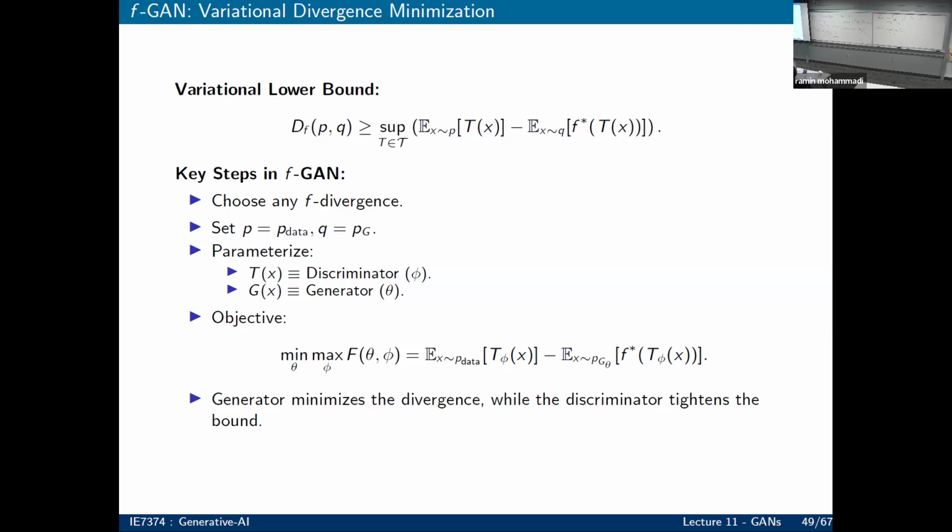You have again the same thing, discriminator and generator. So technically, in case you're wondering what T is, T is the same as D, the discriminator that you have. It's the same neural network, the same model. So T is that discriminator. Actually, it says here, T is your discriminator parameterized by phi. We just called it T because we introduced